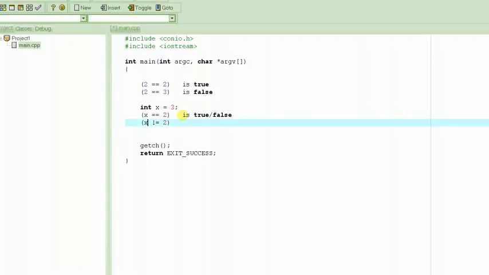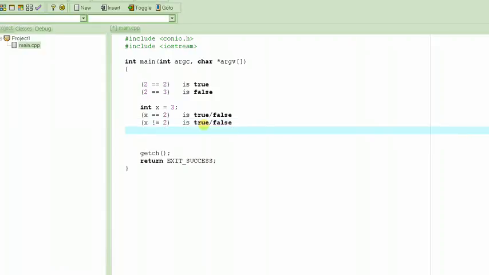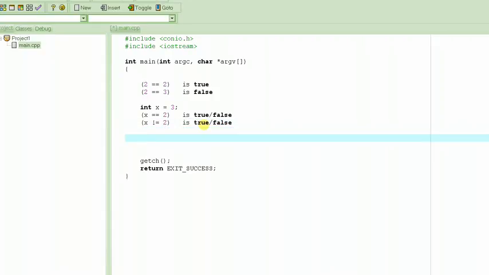And what do we get here? It will depend upon the value of x. Here in this example, the value of x is 3. So 3 is not equal to 2 is true. That yes, 3 is not equal to 2. If the value of x was 2, then 2 is not equal to 2 would have been false. So it will depend on the value of x here again. In general, if I write 2 is not equal to 3, this condition is actually